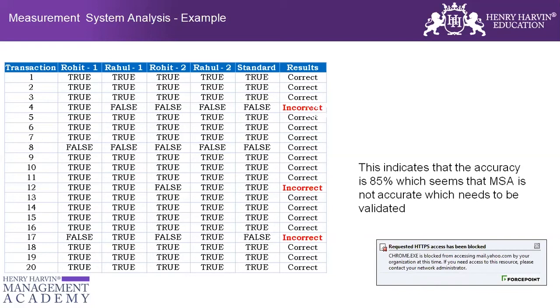I have seen long back, maybe around 10, 15 years back, when quality people were doing this attribute gauge study, there were 3 appraisers, and each operator was doing it 100 times. So that would be go, no go, and they are checking 100 times whether it's good to go or not. One person, 100 times, with 3 appraisers doing around 100 times.